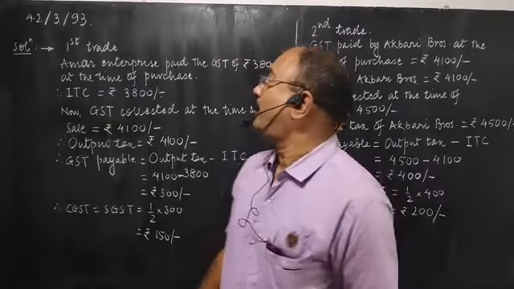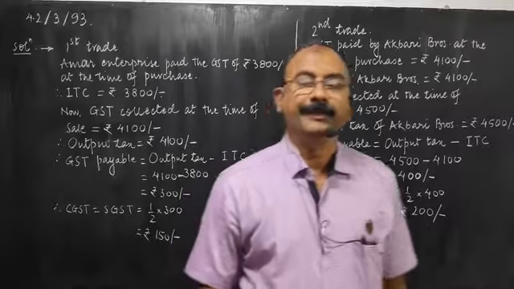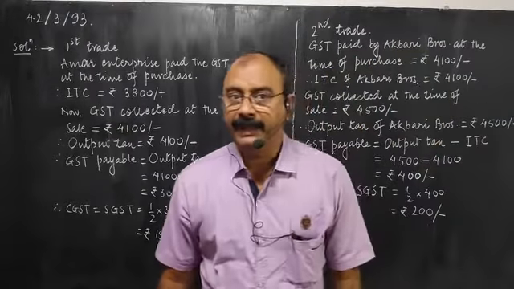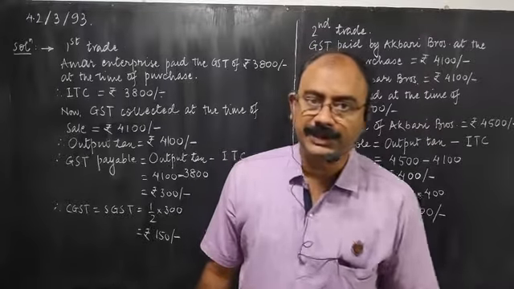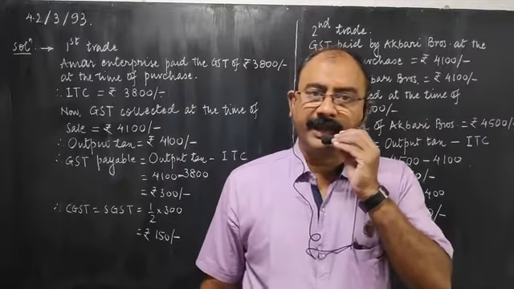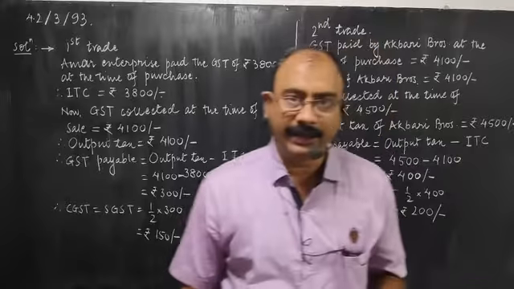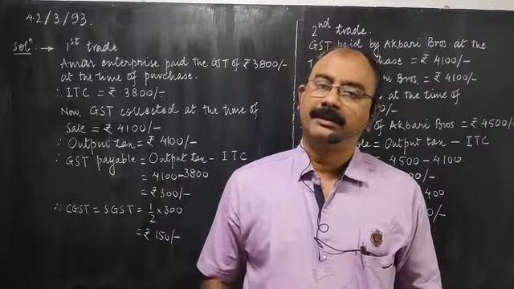Practice set 4.2, problem number 3, given on page number 93. The problem says that Amar Enterprise paid GST of rupees 3,800 at the time of purchase and collected the GST of 4,100 rupees at the time of sale. Then